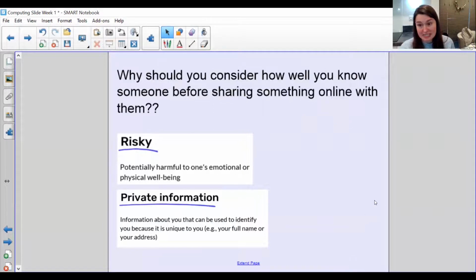It can be risky to share information with someone that actually it turns out you do not know very well. If it's not someone you've met in person, it's not someone who's a friend of a friend, it's completely random, it could be harmful. Sadly, with the internet, you can't build that trust as well as if you know someone face to face, because actually the person on the other end of the screen may not be the person that they are saying they are.